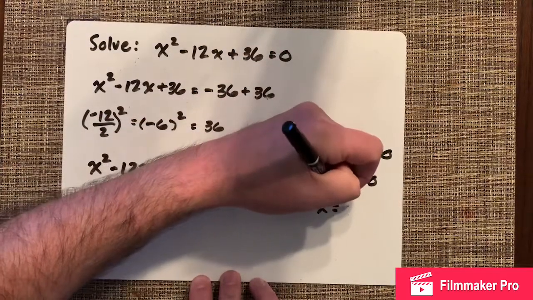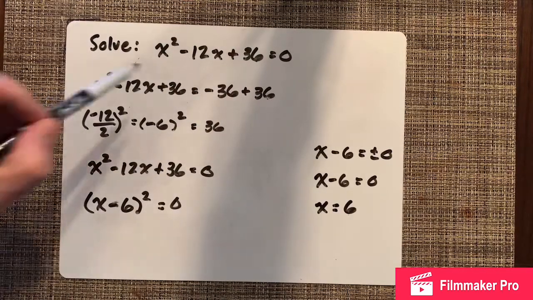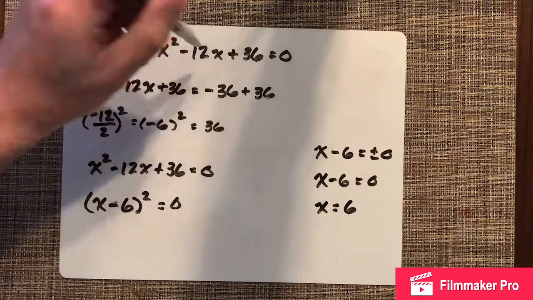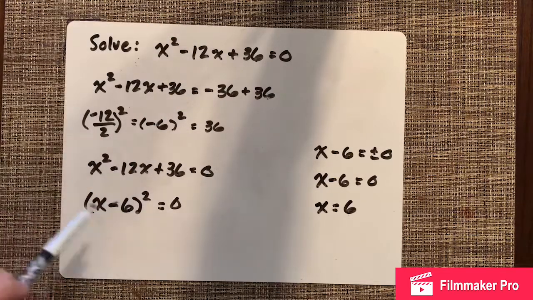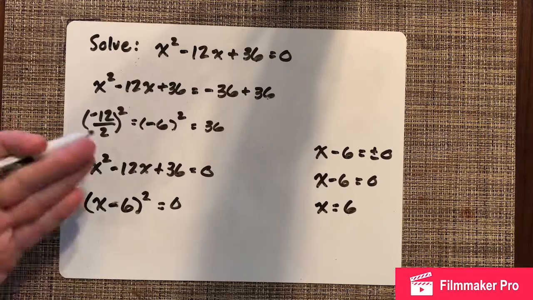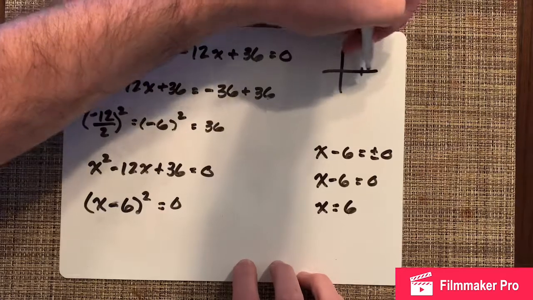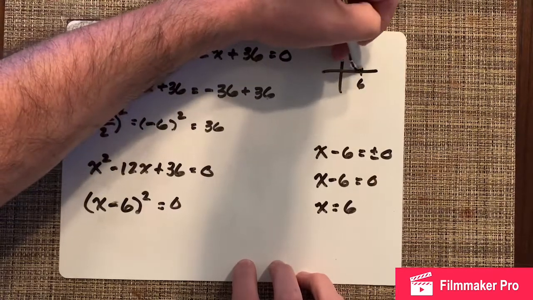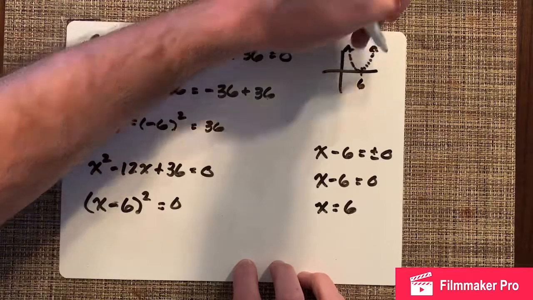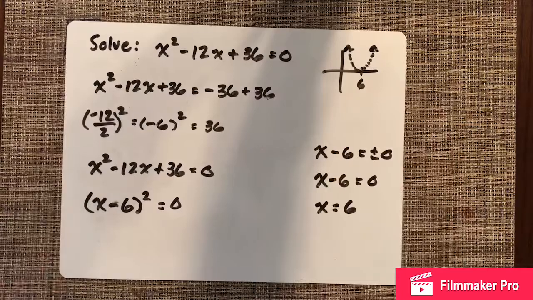X equals 6. Well, what does that mean if it has one answer? That means that particular quadratic, the graph of that, if it was a function, would come down, touch the x-axis at 6, and then come back up. And so there's only one answer this time. We've talked about those equations that only have one answer, and that is exactly what happens. The graph, make a quick sketch, at 6, will come down, touch, and go back up again. It is important to match that picture with that solution and the equation also. So,